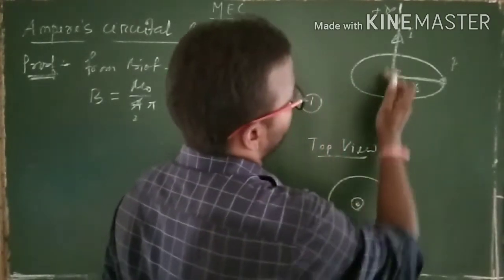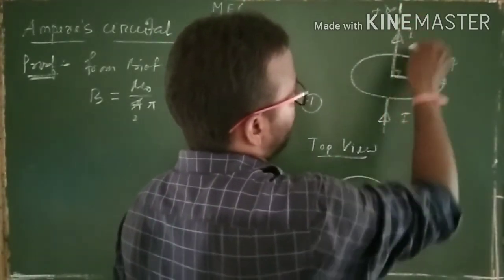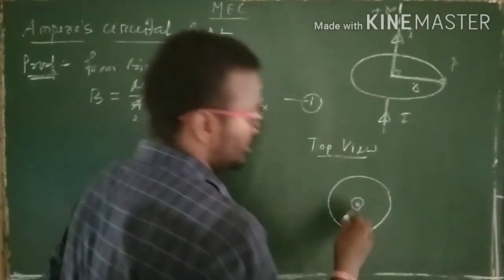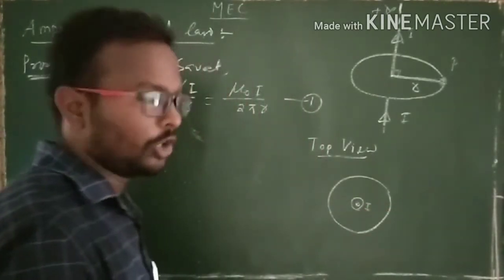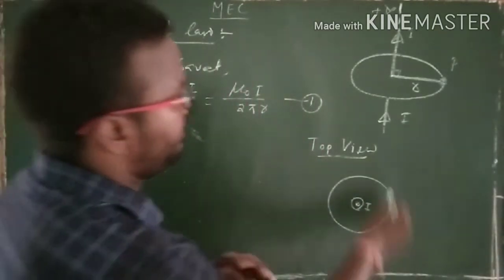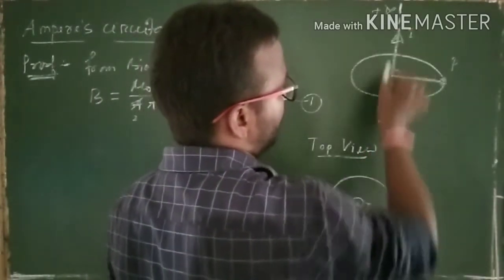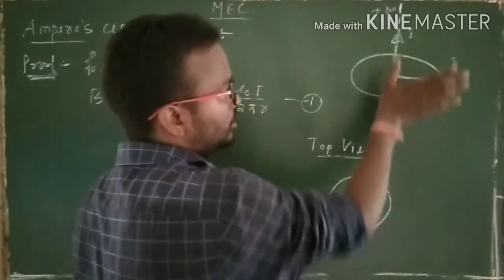This is the direction of flow of current I, because the current is moving outward; this is the top view. Clear? We know that if this is the direction of flow of current, by using the right hand thumb rule,